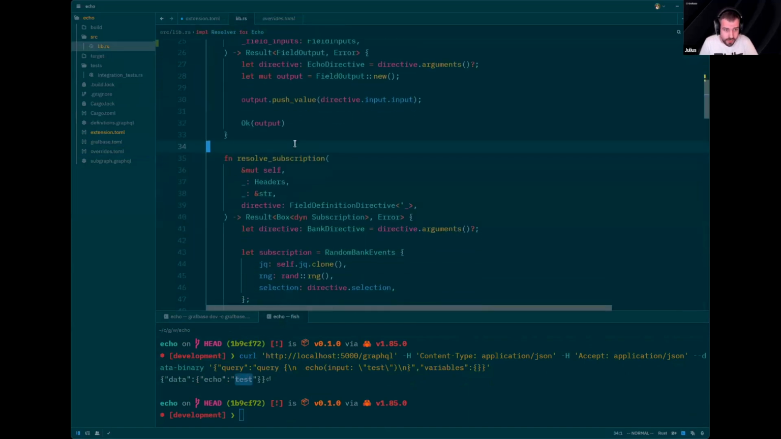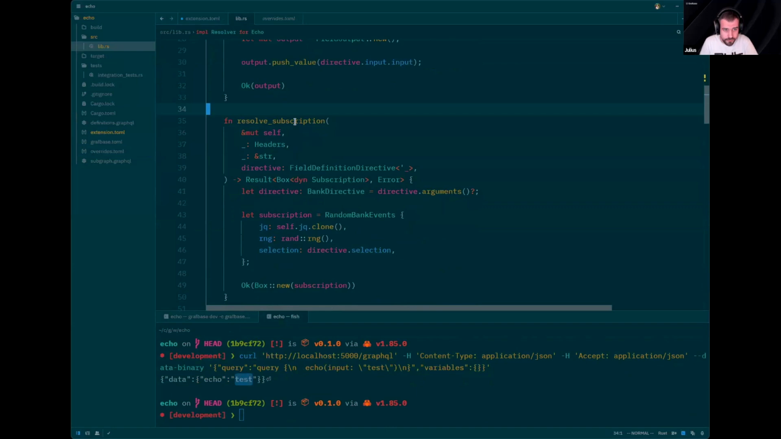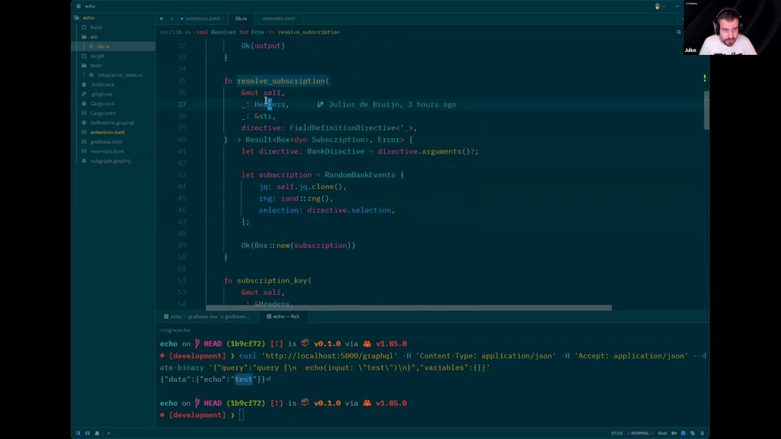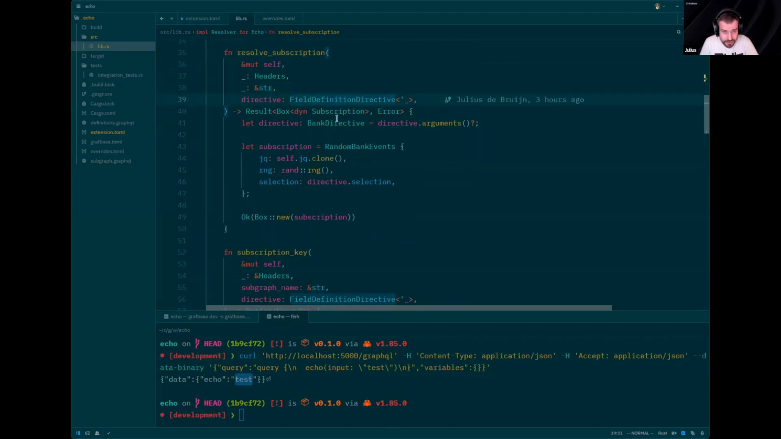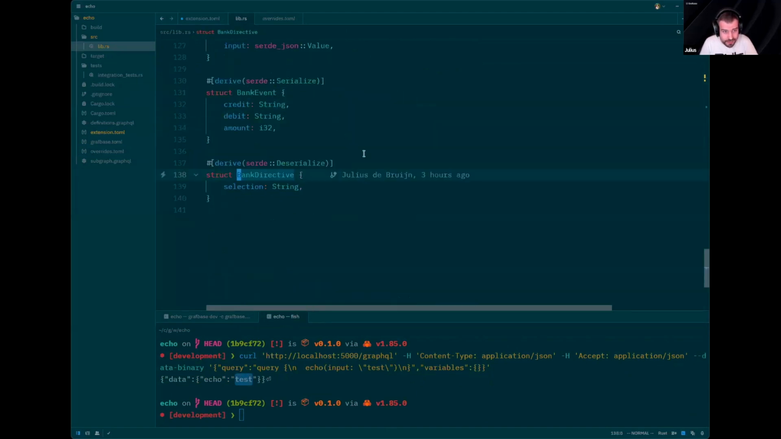Then there's the other function, or method, in the trait called resolve subscription. This one gets the headers, the subgraph name, and again the directive. And this is a bit different. It's a bank directive, so we have the selection over here. So this is the filter we want to use